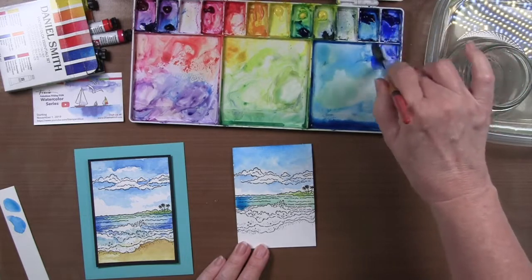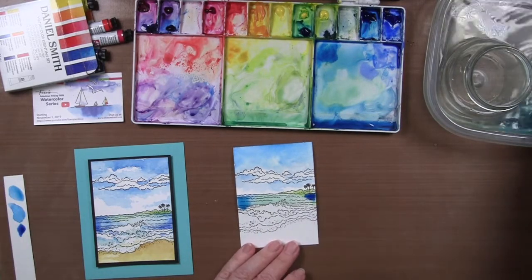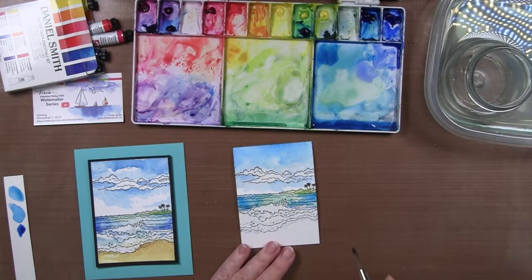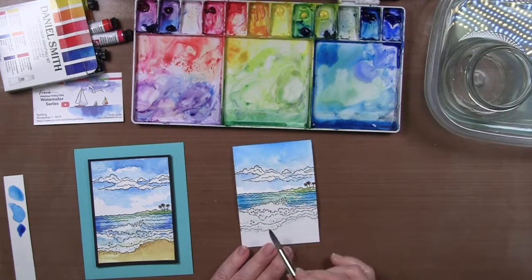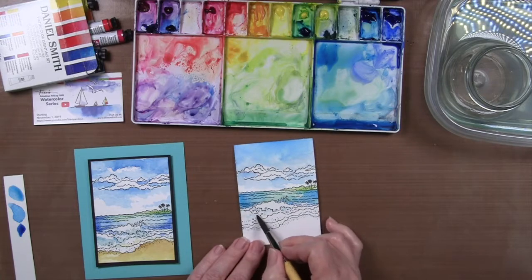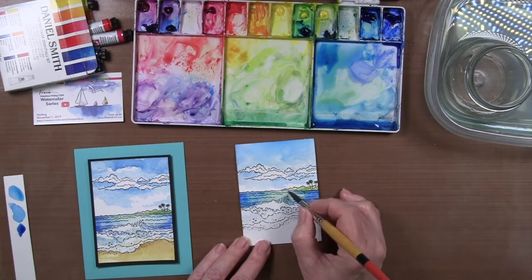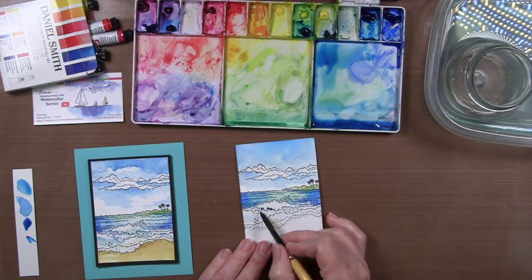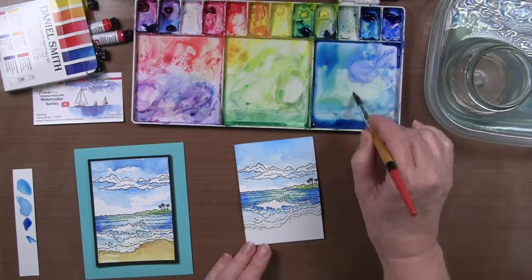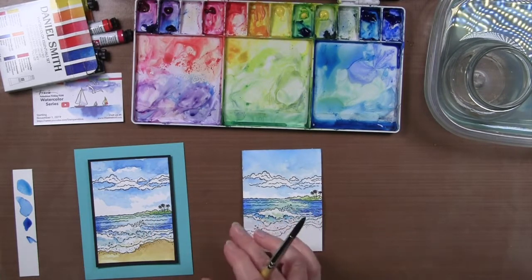I'm going to bring in some darker shades to the side, and that is really wet. And I'm going to bring in some of the marine blue as well. That's where my brush is really wet, but let's move it around some. Okay, we're going to leave a lot of this white to look like the white caps here. With our wet on wet technique, we'll let these colors kind of all run together. Let that dry a little bit,